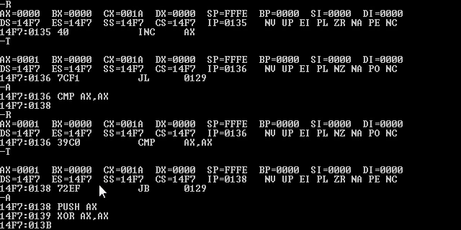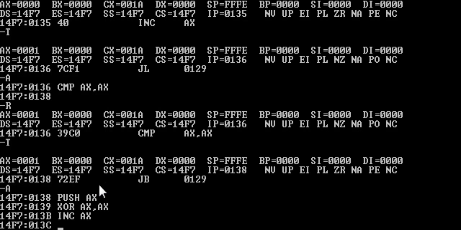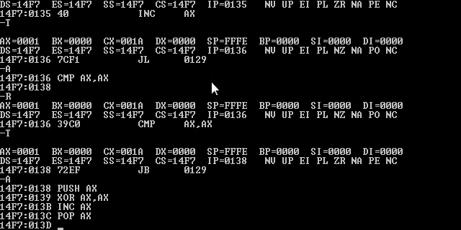Now I could increment AX, and that has the effect that I wanted. I wanted to make it not 0. And then to get the old AX back, I do this pop instruction. Push puts that AX away somewhere, pop brings it back. It's one of those last in, first out type of thing. It's called a stack. Alright,